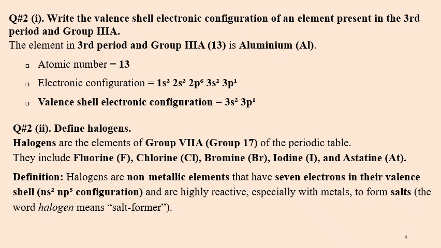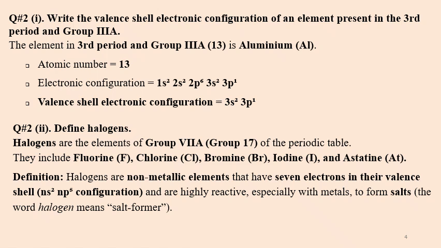Okay, question number 2, which is a short question. Part 1 is write the valence shell electronic configuration of an element present in the third period and group 3A. The element has third period and group 3A. The element present in third period and group 3A, which is